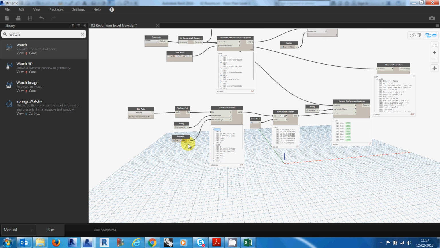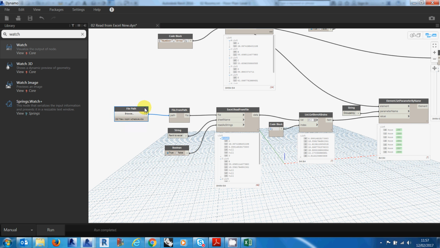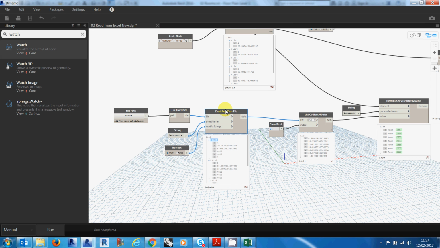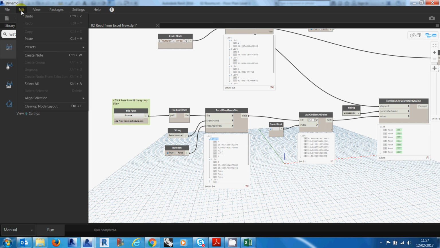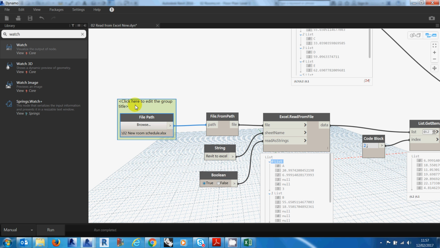Okay, if we want to make things more tidy, we can group elements. In order to group, you select a node and then you press Ctrl G, or you go to edit and you do create group. So you can double click and say input,